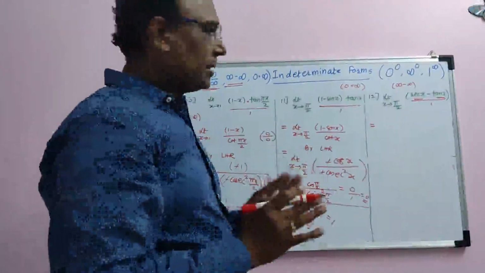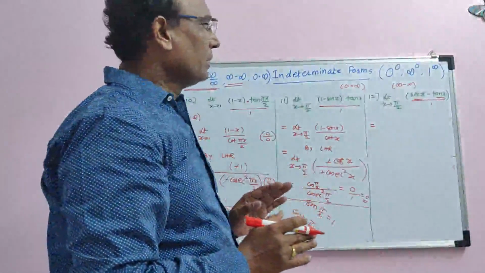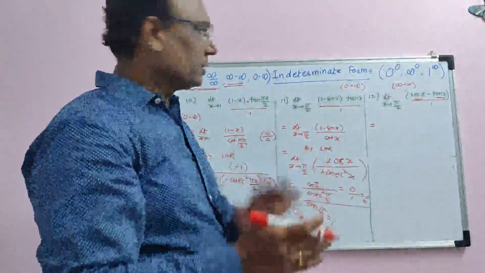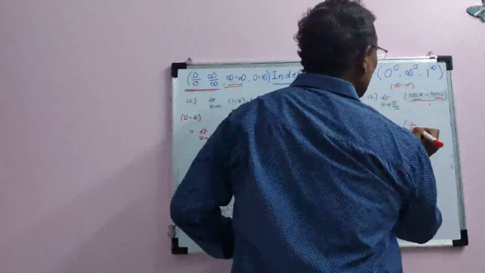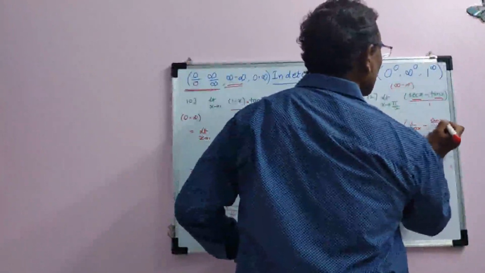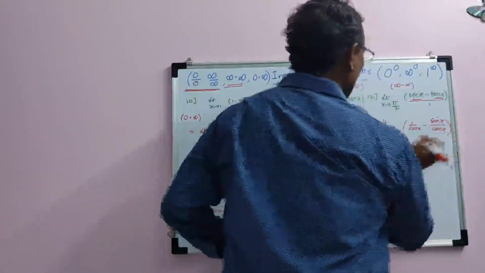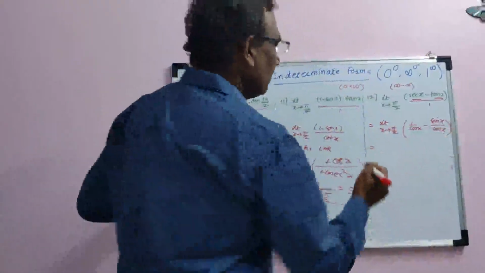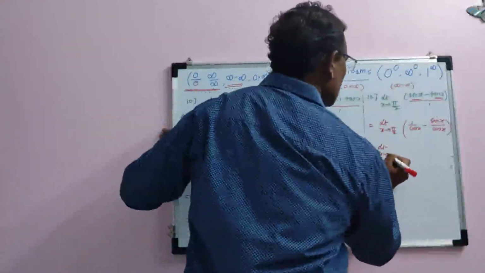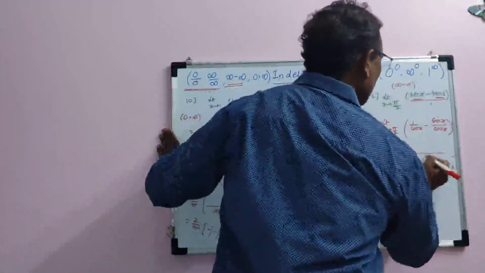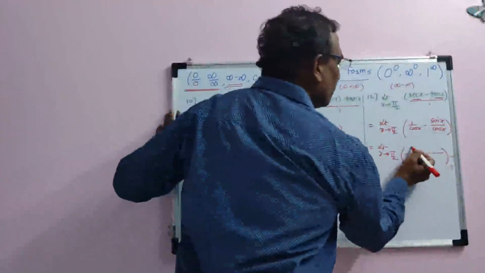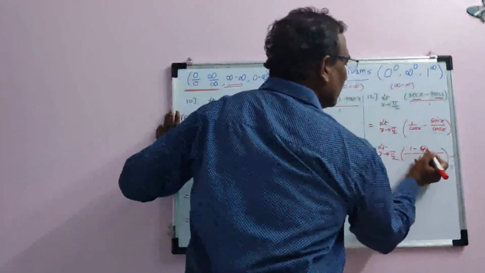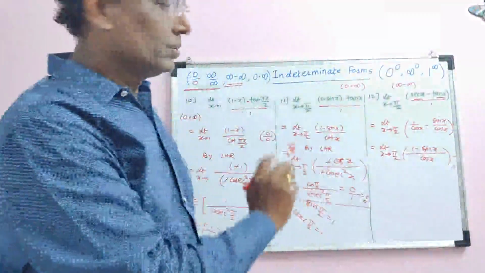In infinity minus infinity form, you create a numerator by denominator situation, for limit x tends to pi by 2. You try to solve for one more step. Sec is 1 by cos. Tan is sin by cos. Now take LCM. Cos x is the LCM here, and the denominator is the LCM. Therefore, we have to combine the numerator like that. Now this you can easily solve.